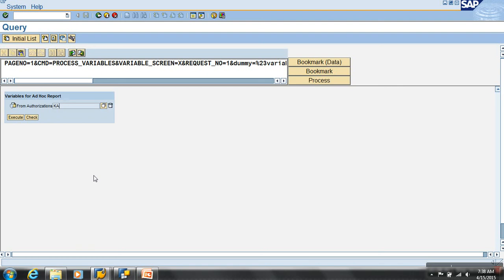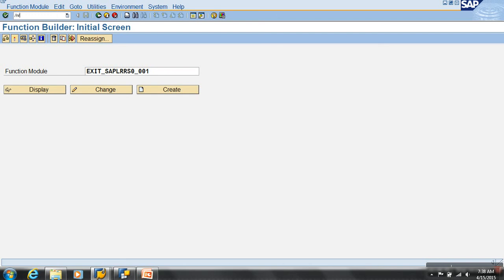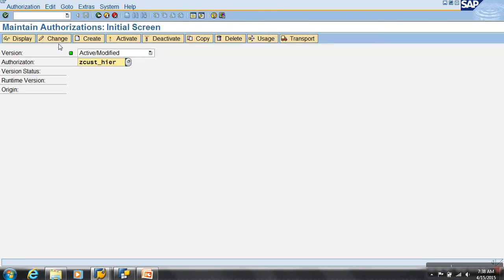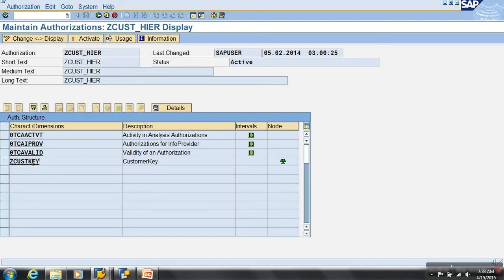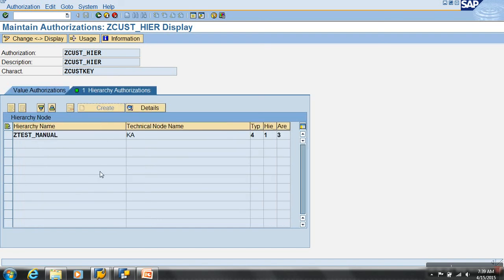The only thing is, while creating authorizations, what did I do? When I was creating analysis authorizations in RSECADMIN, for this customer, if it is a single value, like if I wanted to create a characteristic value variable with authorization, like normal single values of customer number, then I would go with normal values. But here I wanted to restrict on hierarchy levels, then I will go with hierarchy authorizations. Customer values like C100, C200 and go.